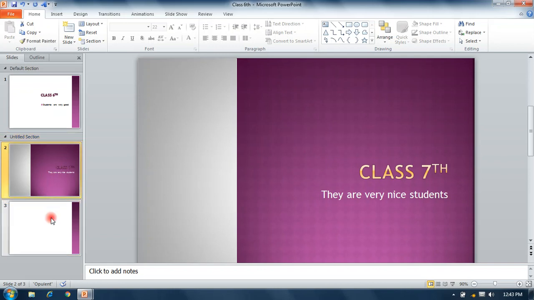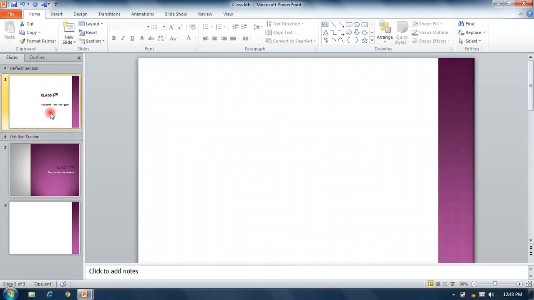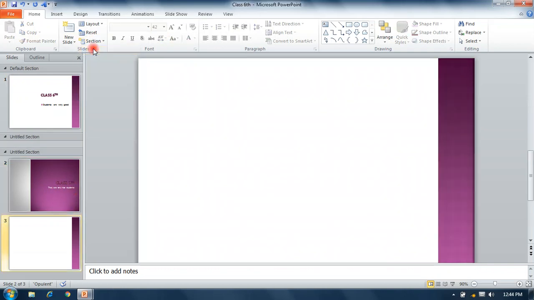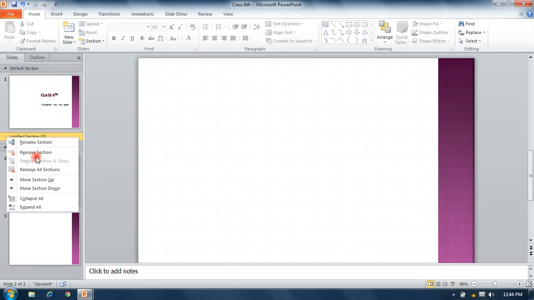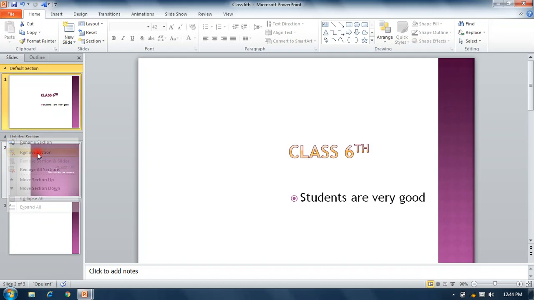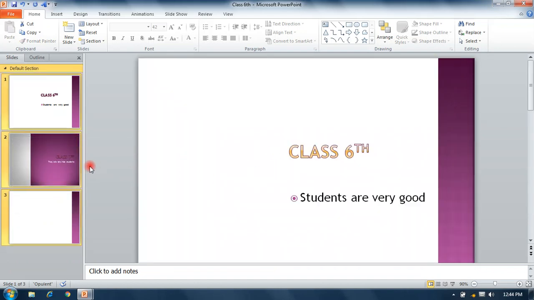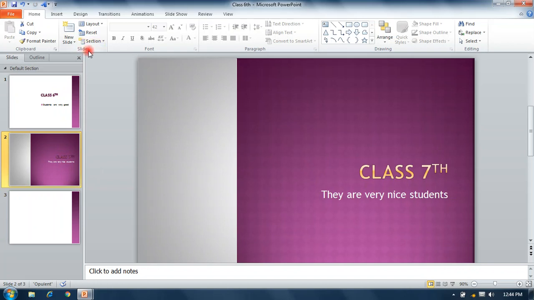If you want to select here, then again Untitled Section. You can remove a section by clicking the right mouse button.